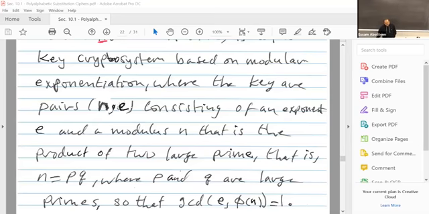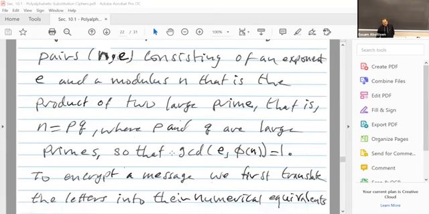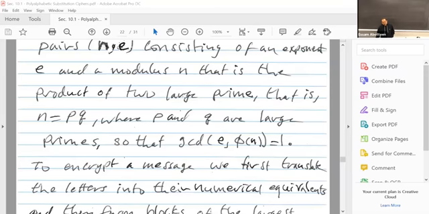So n is going to be a product of 2 primes. Let's call them p and q. And e, the exponent, we want to be a number, chosen randomly, that is relatively prime to phi of n, where phi of n is the Euler phi function evaluated at n. Now, to encrypt a message,